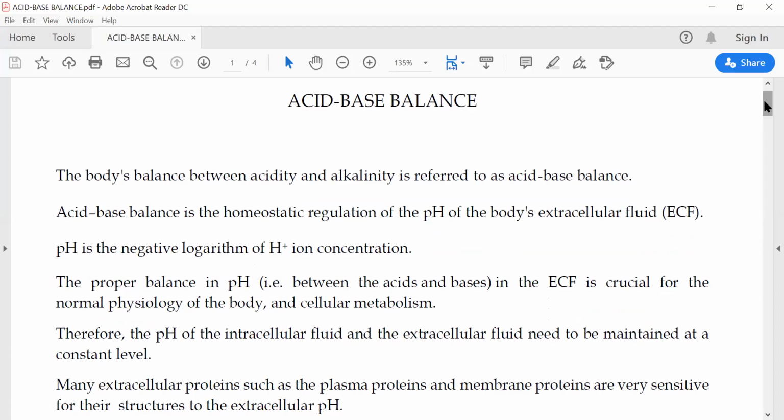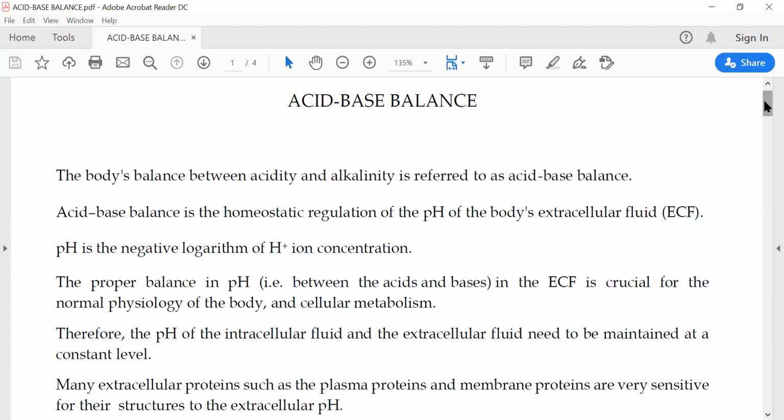pH of a solution is. If the concentration of hydrogen ion is more, the solution is said to be acidic, which means the pH is low. If the concentration of hydrogen ion is less, then the solution is basically alkaline and the pH is higher. Then what is acid-base balance? Acid-base balance is the homeostatic regulation of the pH of our extracellular fluid, and this particular pH has to be